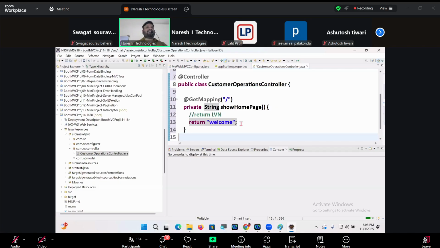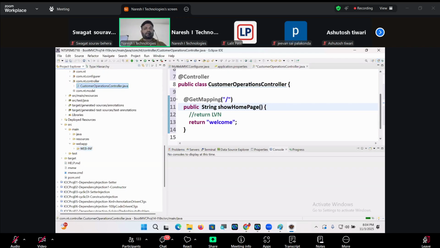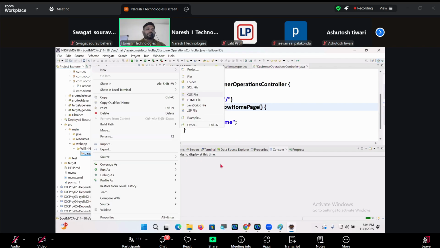This logical view name goes to the dispatcher servlet, then the view resolver, the view component that looks for the view page in src, main, webapp, under pages, right? Here, new JSP file: welcome.jsp.